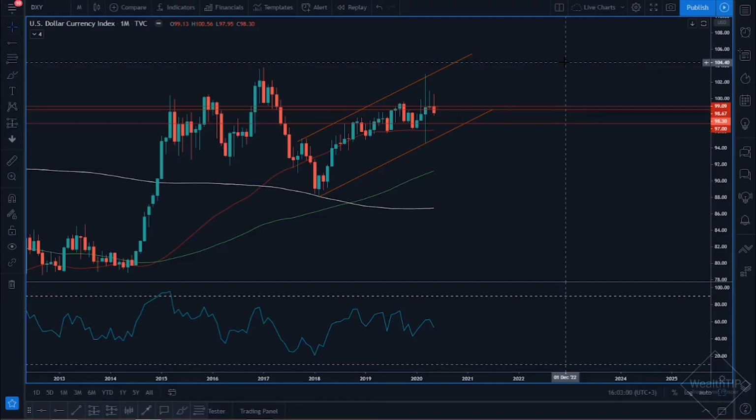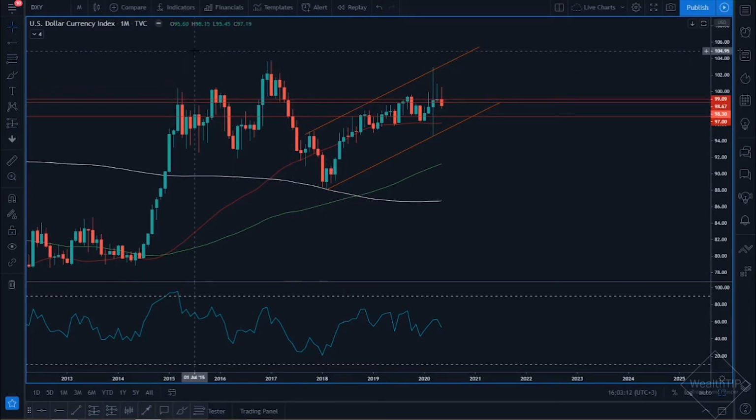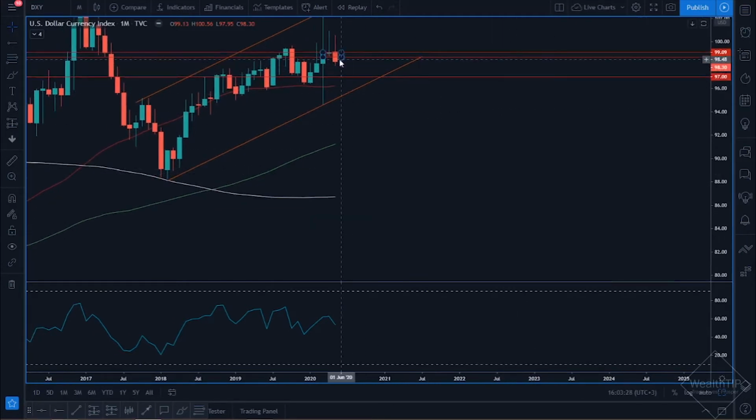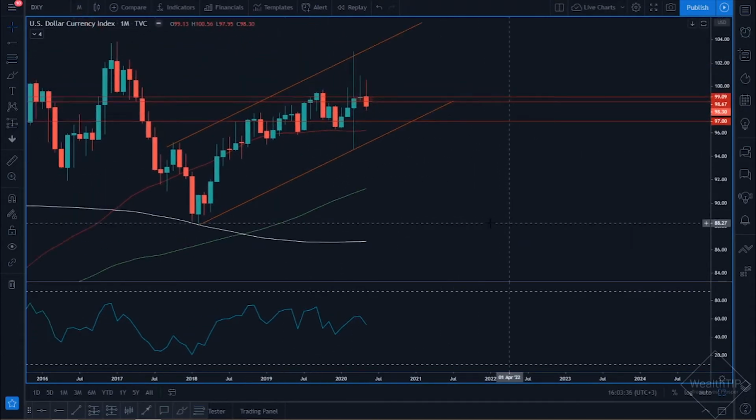Why are we looking at the dollar index particularly? The first thing that I want to highlight is the fact that the dollar index has been using this key resistance level for some time now, giving us multiple buyers exhaustion. And not only that, we have a very interesting candle formation over here in the form of this shooting star. This implies that we could see a very good week in terms of dollar weakness ahead. And bear in mind, this is on the monthly time frame. Not only that, we do have bearish divergence, and that is also a very strong seller's signal. So there's a relatively good amount of confirmation to suggest that the value of the dollar is looking to decrease